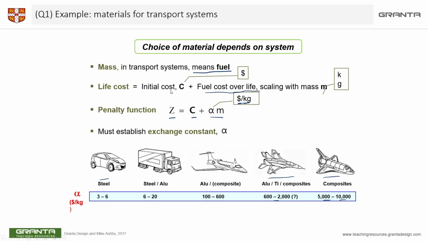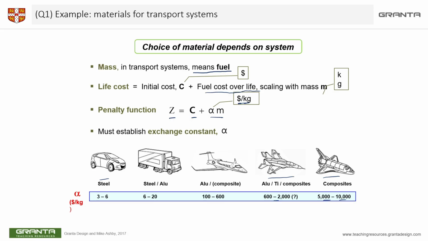Okay, that cost is something that you can get directly from CES. But there is also always a cost associated with the mass of the object itself. Okay, and that cost basically relates to the fuel cost, because the heavier an object is, the more fuel you need to move the same object, and therefore the life cost must be considered when we are dealing